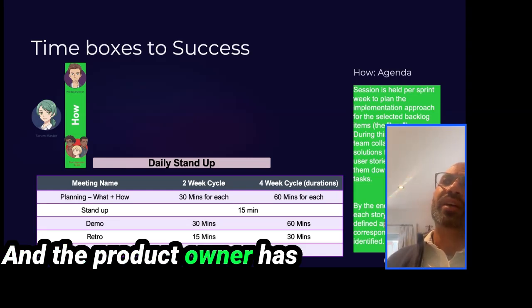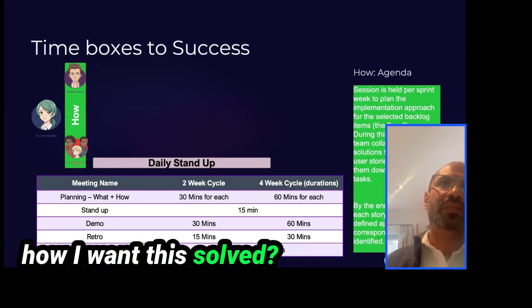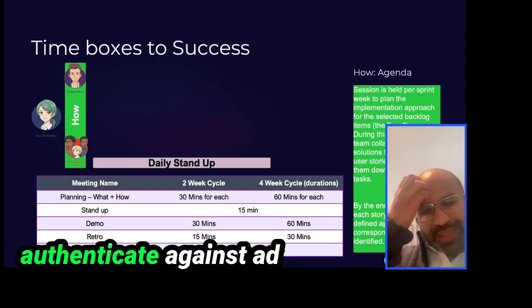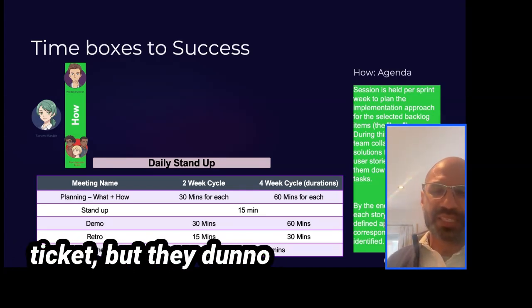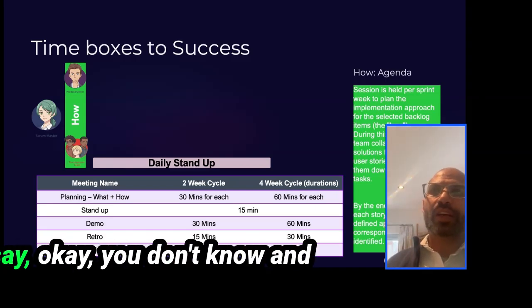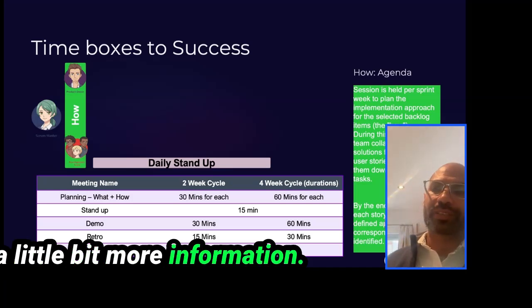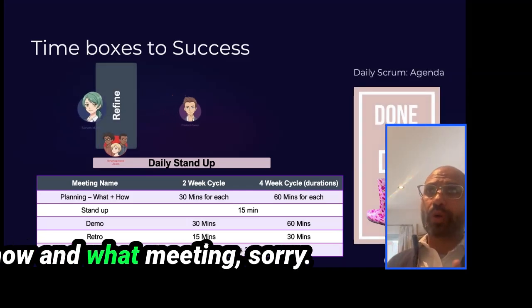And the product owner has to think, is that actually how I want this solved? Yes or no? Because the development team are trying to think, okay, are we going to authenticate against it? Is it system? Is it this? And they ask questions. They've got the title of a ticket, but they don't know anything underneath. And this is their chance to say, you don't know and we don't know, but we need a little bit more information. So once you've gone through 4 or 5 of those items, and all the ones that have had a how and what meeting,